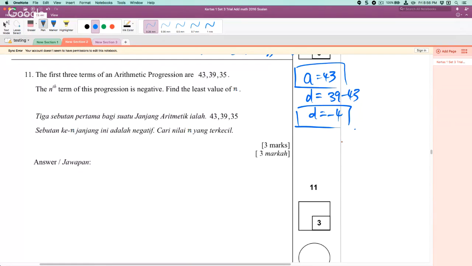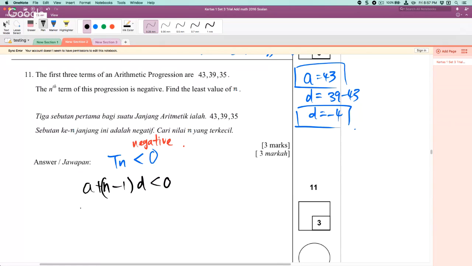Find the least value of n. So I know Tn is negative, meaning less than 0. Whenever the question says negative, you should know it's less than 0. So I will just apply the formula a plus (n minus 1)d